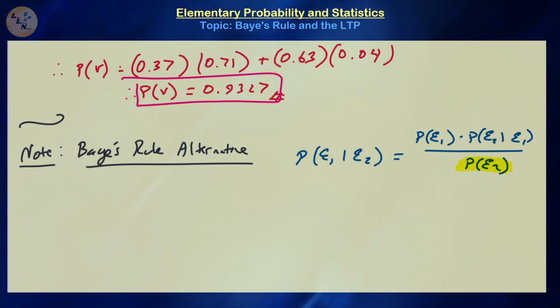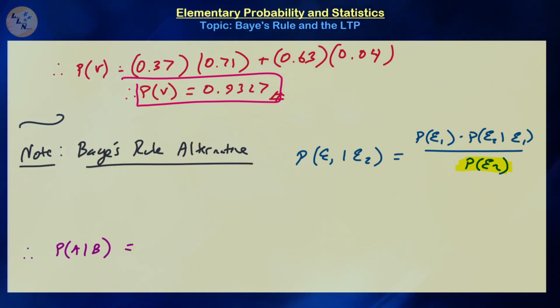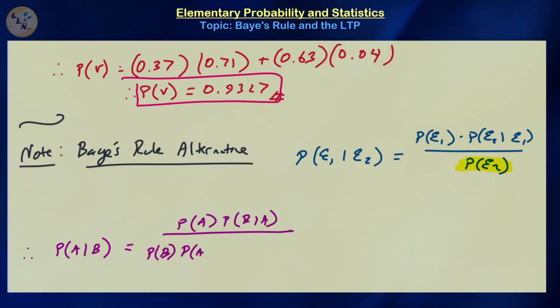So we can combine baby Bayes rule and the law of total probability into, I guess you could call it, a super Bayes rule if you wanted to, right? And what will that look like? The probability of A given B, I'm just going to use A and B instead of E1 and E2 just to make it a little bit cleaner, usually is the probability of A times the probability of B given A all over the probability of B, but the probability of B can be found as